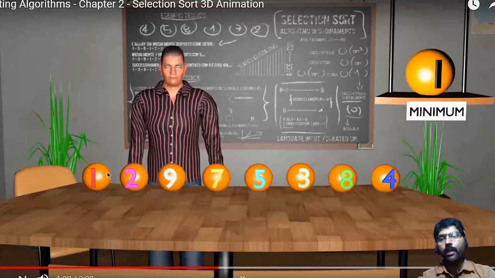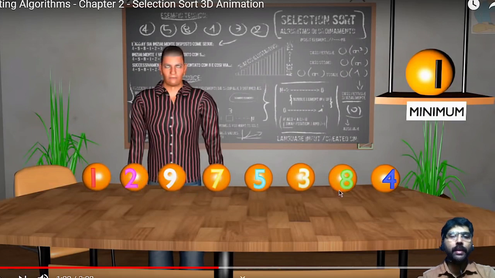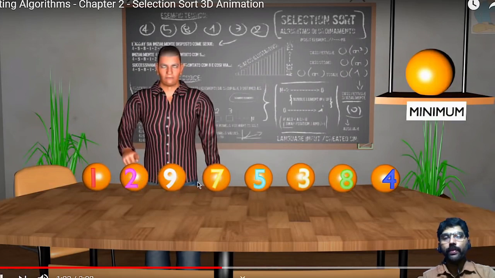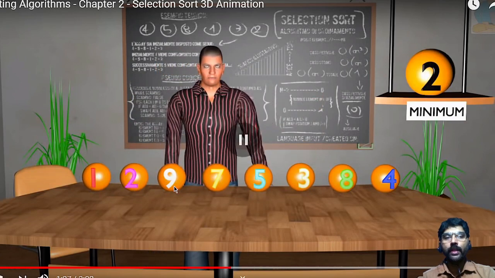In the second step, this is already in sorted order, and these elements are in unsorted order. Now I have to pick the second element as the minimum value and start comparing from the third element. Take the second element as the minimum value. Now the comparison starts from 9. The 9 is larger than 2, so there is no exchange here.